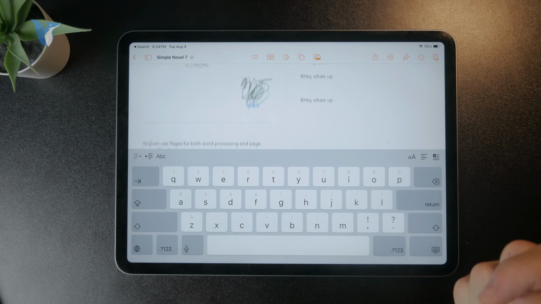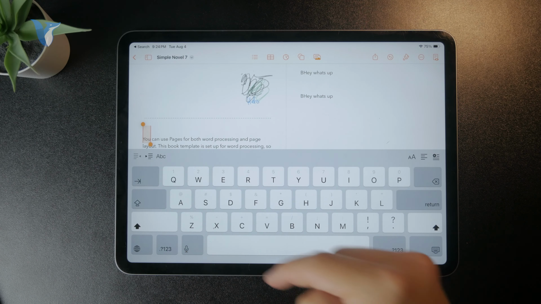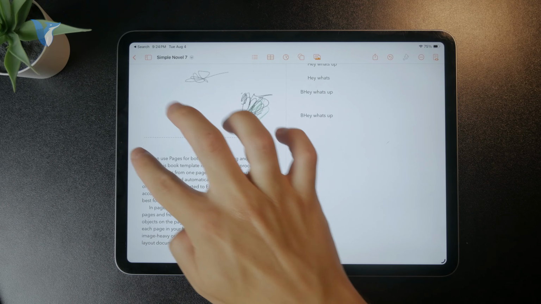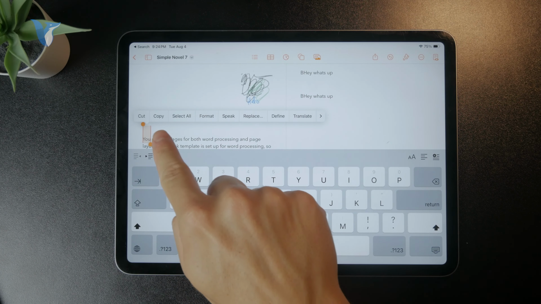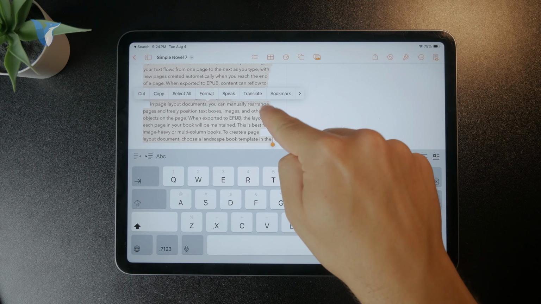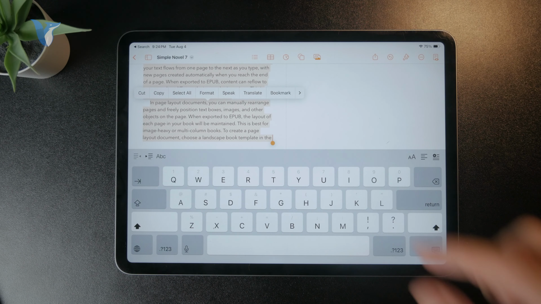So I'm going to tap on it like this to get to the edit mode. I'm going to double tap the first word like this. You can see only the first word got selected. So I'm not going to be happy with that, and instead I'm going to grab the selector tool and select more stuff with it. So as you can see, the whole section is now selected